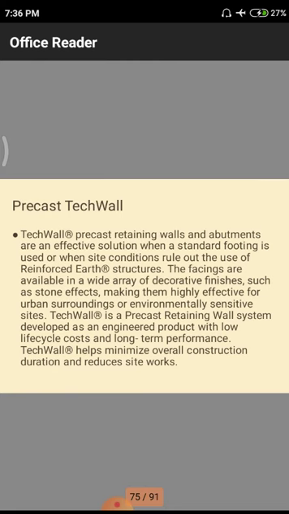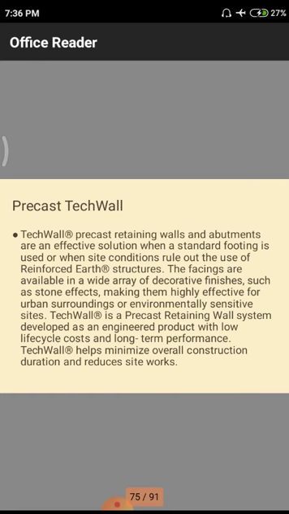The next philosophy we have to observe is precast tech walls. Precast means the materials used in the structure are casted in the industry beforehand. We go to the site and observe the required construction area, and we give those construction area details to the industry, so that they give different styles of these blocks.